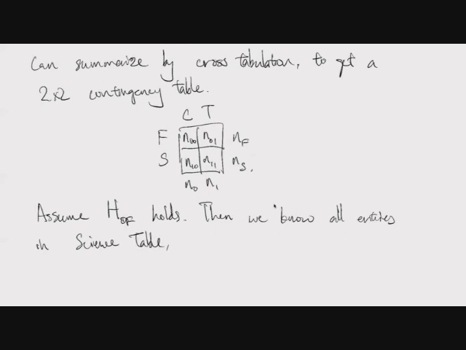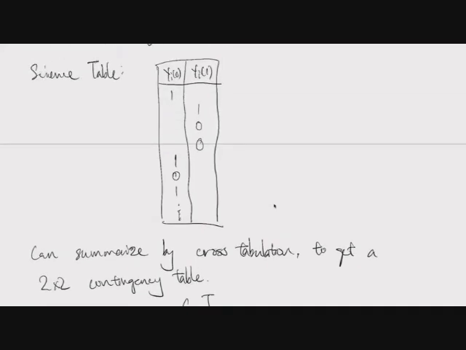And furthermore, let's look at the row sums. N_F counts the total number of failures, and N_S counts the total number of successes, meaning patients who recover. If the strong null hypothesis holds, this means that treatment has nothing to do with the outcomes at all. Both potential outcomes in every row are the same. And so the number of failures and the number of successes does not depend on the treatment assignment at all. So in other words, when we take this contingency table, the science table,